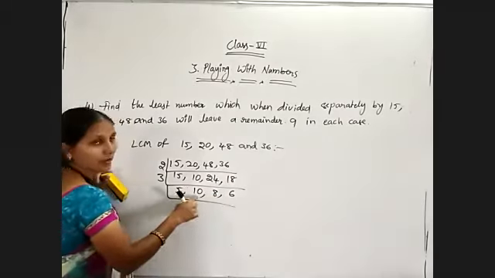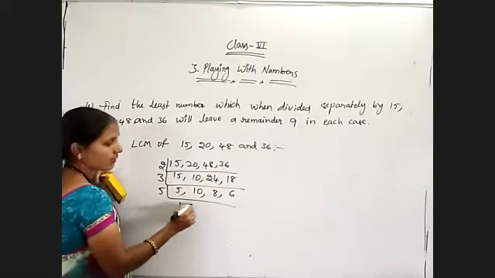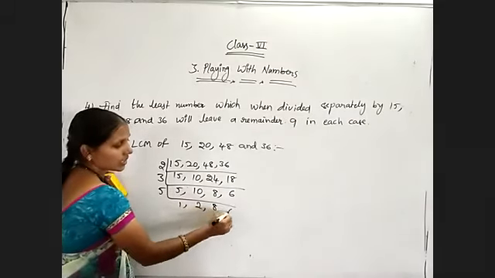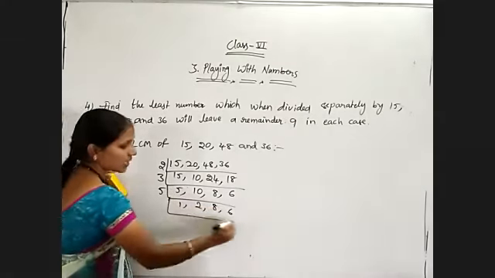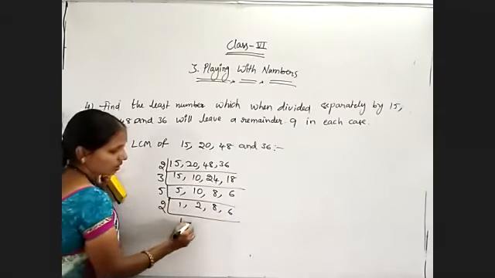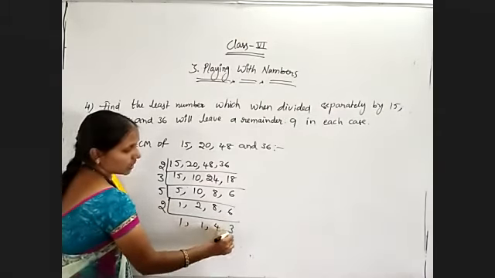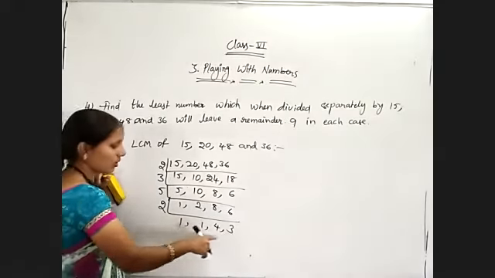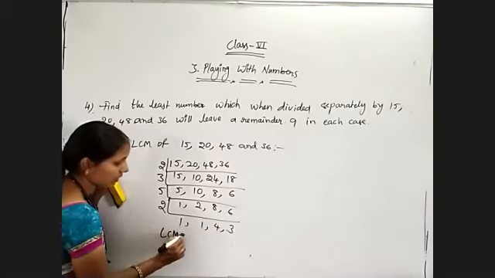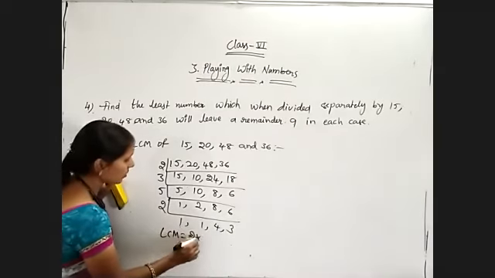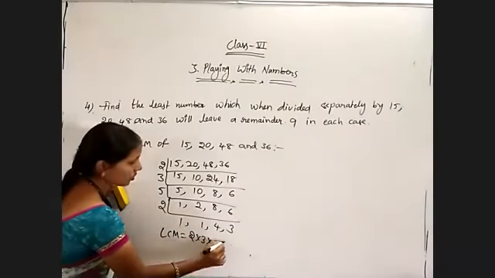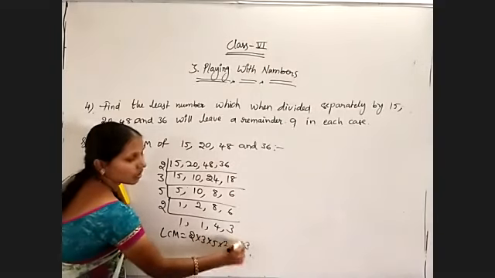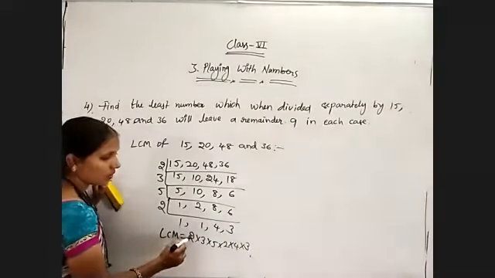And 5 and 10 we can go through with the 5 table. 5 1s are 5, 5 2s are 10, 8 and 6 remain. 2, 8 and 6 all get cancelled in the 2 table. 2 1s are 2, 2 4s are 8, 2 3s are 6. 4 and 3 have no common factors. So the LCM is finished. LCM of the given numbers is 2 into 3 into 5 into 2 into 4 into 3.